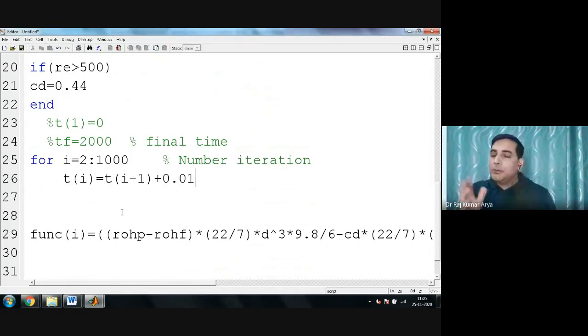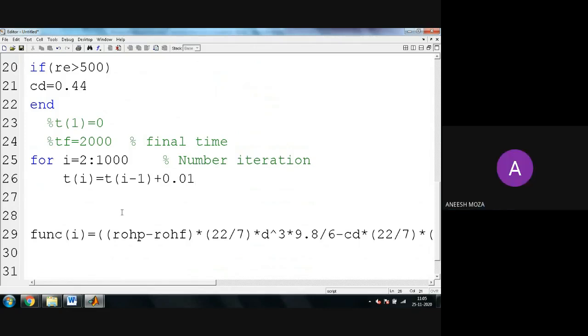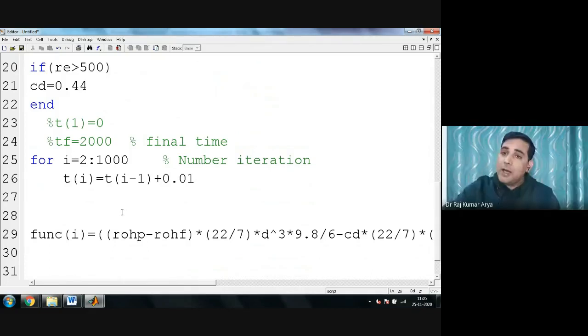So let's say I am defining a step size of 0.01 or 0.1, 0.02. I don't know that part, because as I showed you the solution yesterday, your settling time itself is coming out to be 0.1 second, 0.13 something like that. I have shown you yesterday, right? So how much is the settling time? Something like 0.0929.